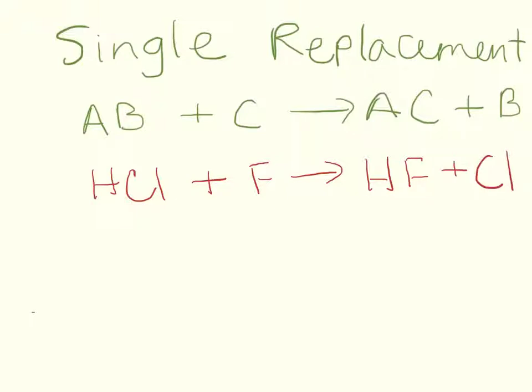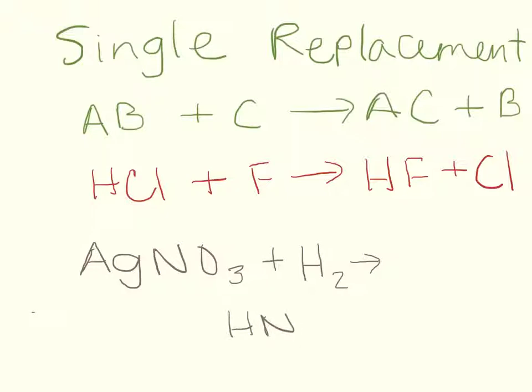We can see some other ones though, so let me just pause and write the next equation. If we look at this next equation, we've got silver, which is our positive charge particle. We've got nitrate, which is our negative charge particle. So then let's look here at hydrogen. And hydrogen is positively charged, so hydrogen is going to replace the silver in this case. So our formula, our products that we're going to make, it's going to be HNO3, plus